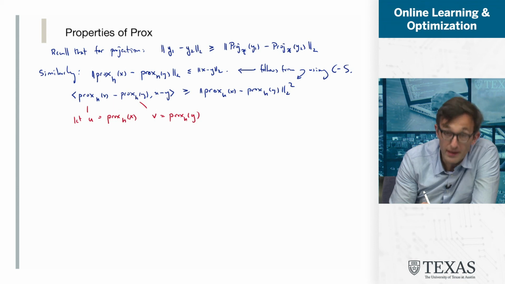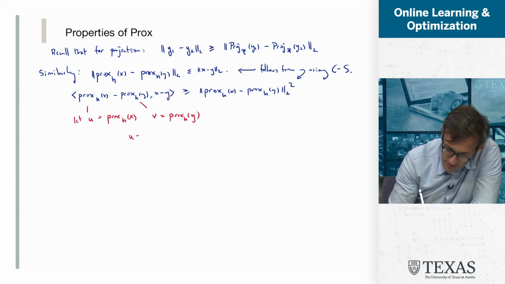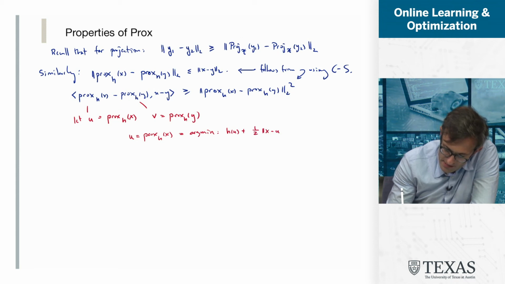And again, let's write out what the proximal operator is so we can remember. So u is equal to prox h of x means that it's equal to the argmin over u of h of u plus 1/2 norm of x minus u squared,